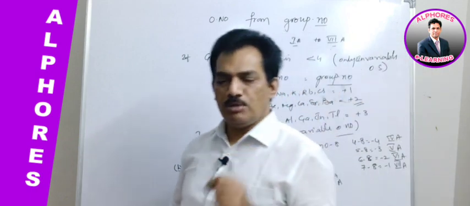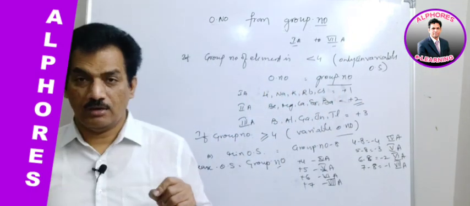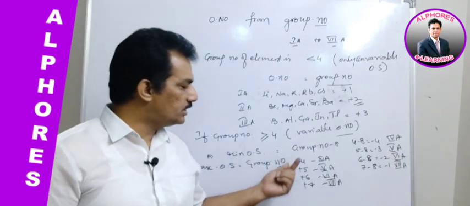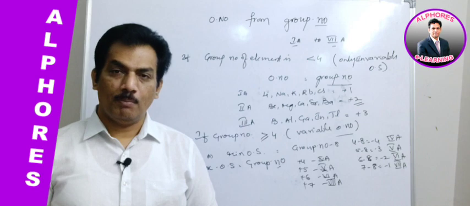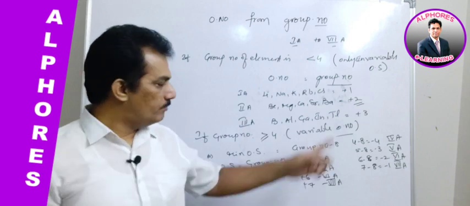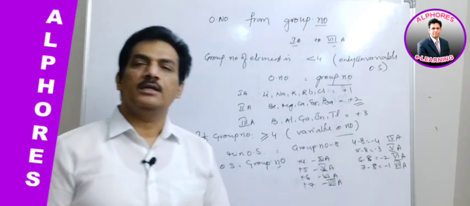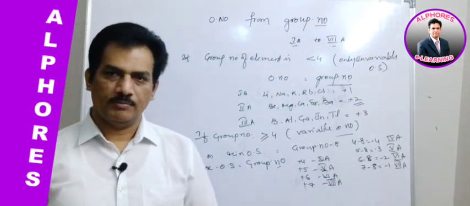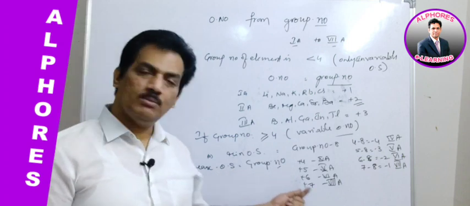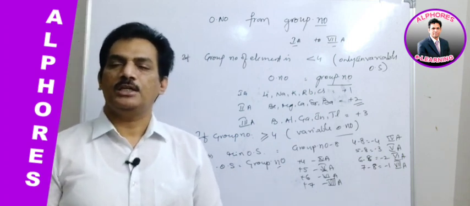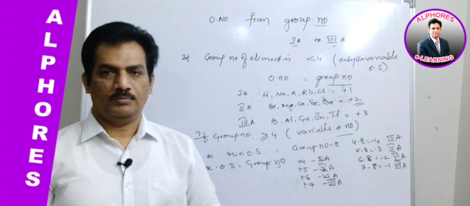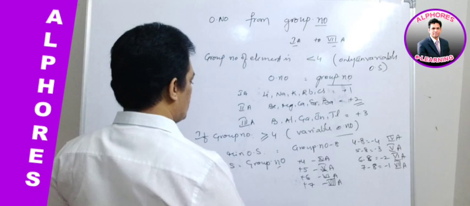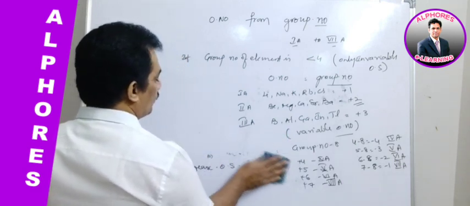For any element, the minimum and maximum oxidation states we can find from their group number. In case of minimum oxidation state, it is equal to group number minus 8. And for respective groups, we are getting the negative oxidation states as the minimum oxidation state. And in case of maximum oxidation number, it is simply equal to the group number. Are you clear with this one? And now let us move to exceptions for each group.